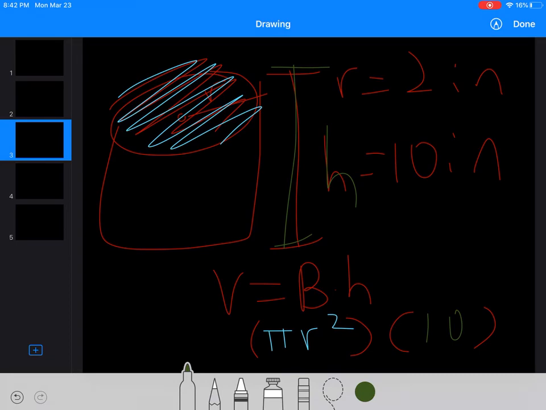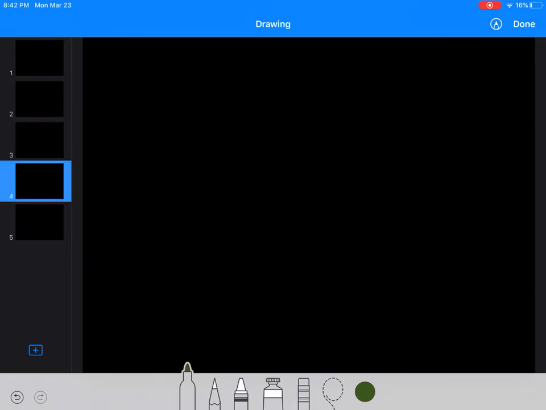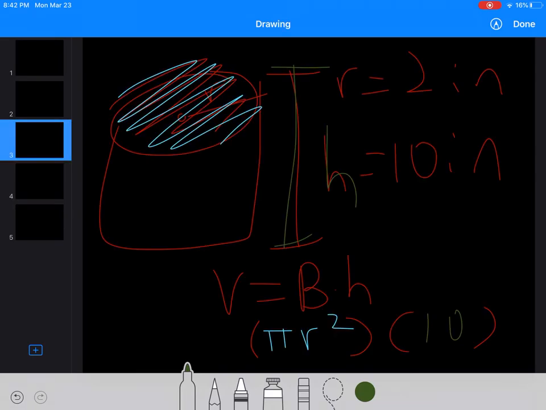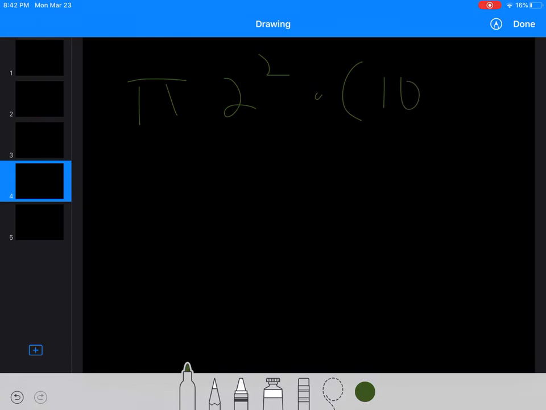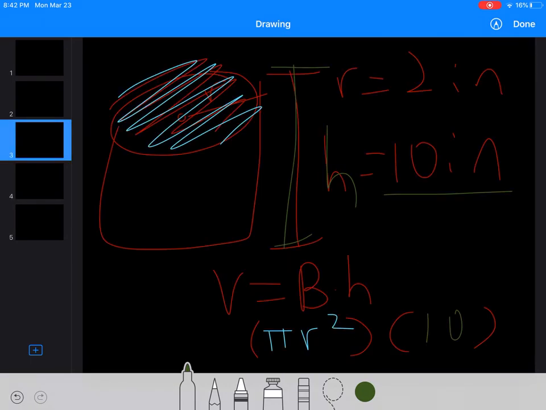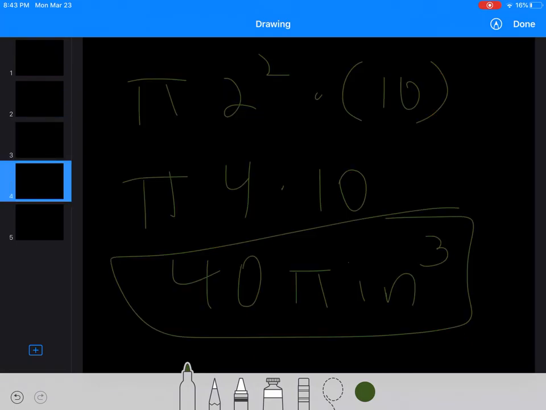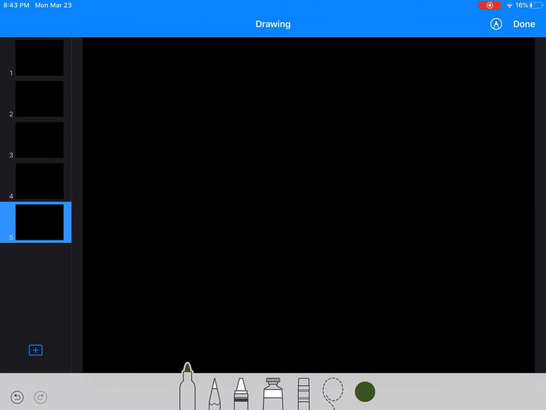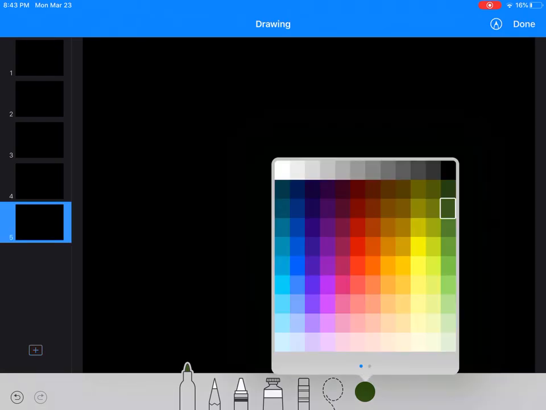So the radius is 2 inches. So we're going to do pi times 2 squared times our height, which was 10. So it's pi, 2 squared is 4, times 10. It's going to be 40 pi, and our units were inches, so it's going to be inches cubed here. All right, so that's the volume of that cylinder. We can keep it in terms of pi here. Let's look at a more complex scenario when we